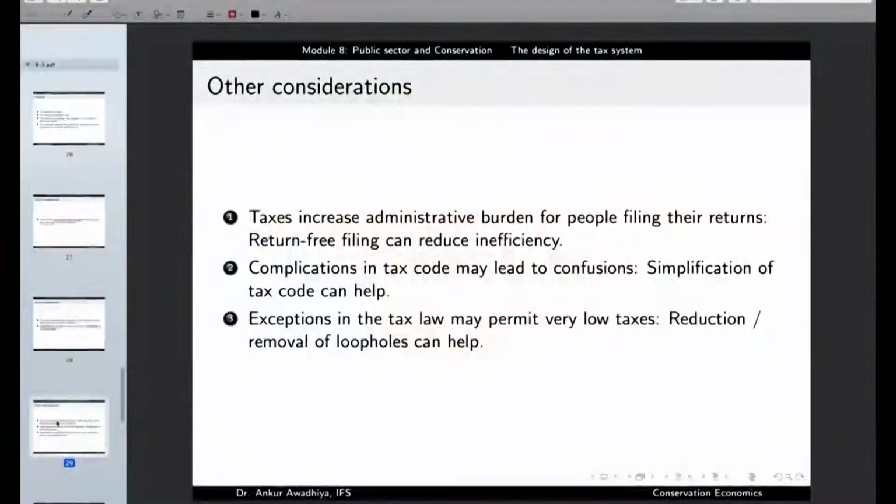Now, exceptions are helpful to a large number of people for two things. One, it reduces the amount of tax burden that they have to pay. And two, by using these exceptions, the government channelizes their money into those activities that can help the society. Now, if these exceptions are removed, then probably these benefits will also get removed. So, this is another consideration.